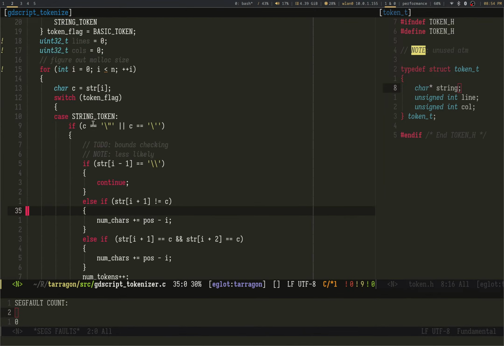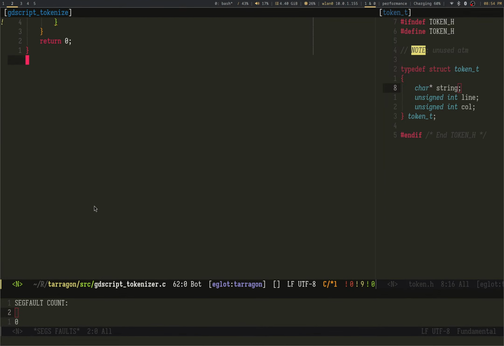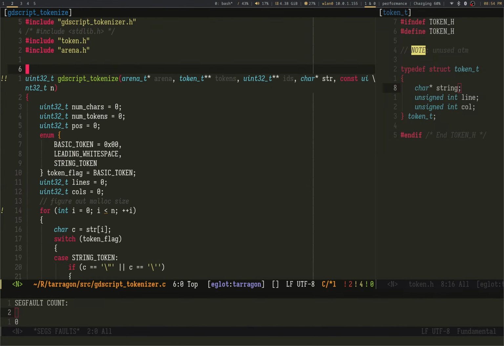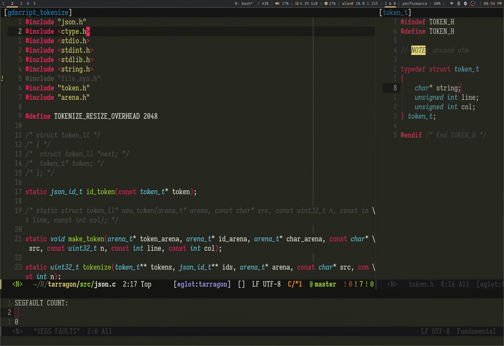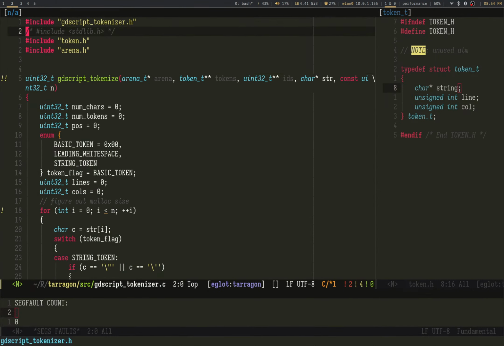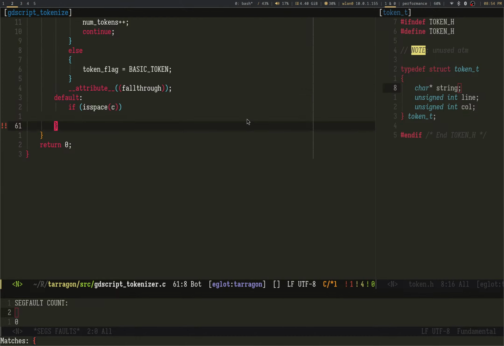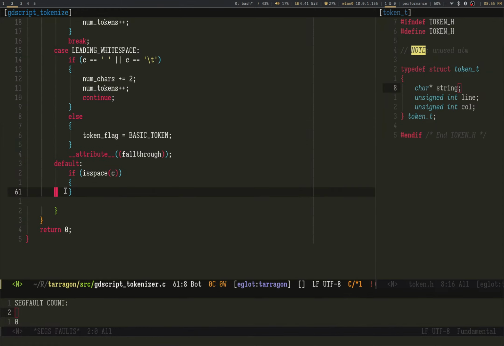And this is the case of a basic token. Of course, we're not dealing with leading white space. So here we can do something like if C is space, and I have to check if is space is what I used in my JSON parser. I did, great, cool, because is space worked on Windows, so if it works on Linux and it works on Windows, then we're good.